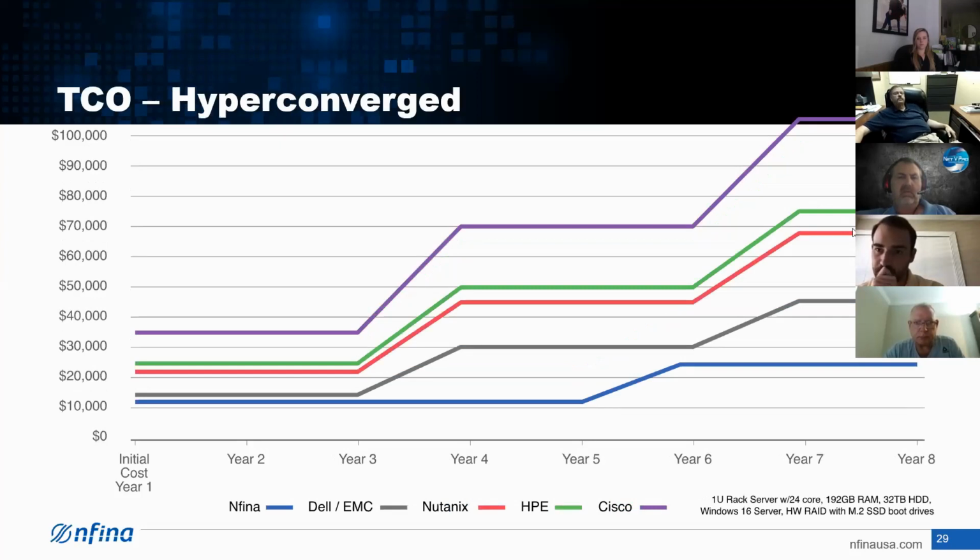So the hyperconverged space becomes even more interesting. This is a much beefier server, 1U rack, 24 core, 192 gig of RAM, running Windows Server. So I can stand up a lot of VMs on this machine. I didn't include it here, but just for the sake of argument, $11,000 from Nfina, maybe $12,000 from Dell, and you're up around $25,000 from either Nutanix or HP, and $35,000